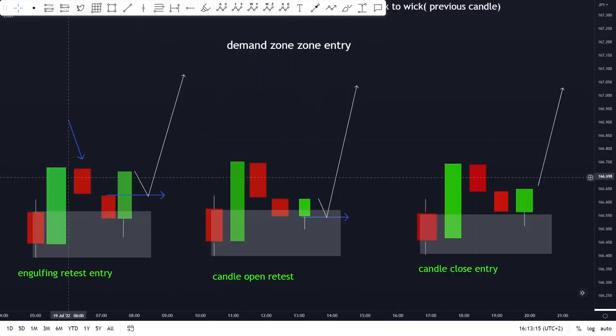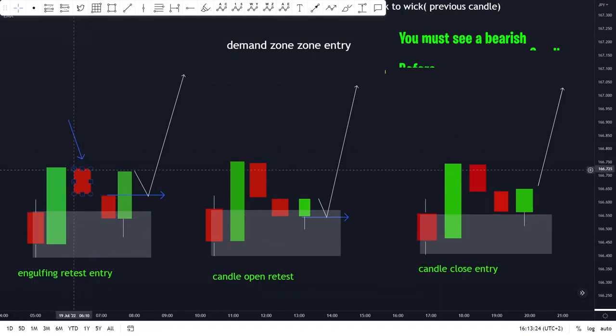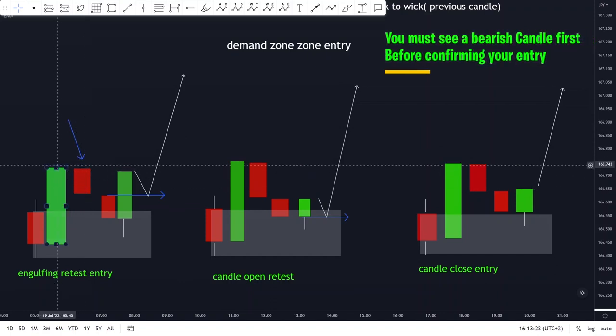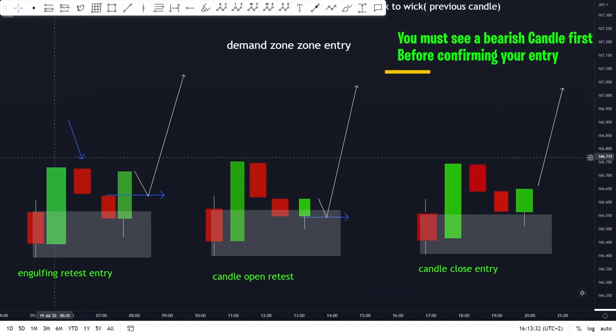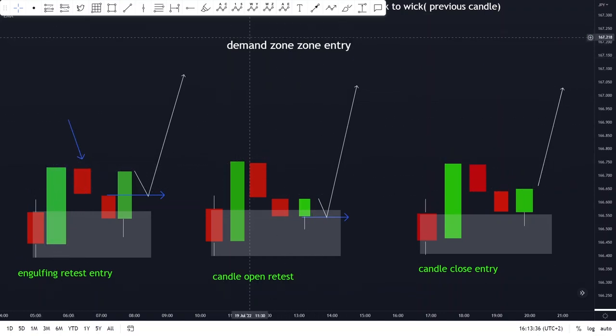For entry, we can see that on the first one we have an engulfing candle entry strategy. One thing you should note is that you have to see a bearish candle first after this bullish engulfing candle. Here we are entering using a demand zone. On a demand zone we buy, and on a supply zone we sell. So from here we let the market go down and touch the zone, then close with a bullish engulfing candle. Then we enter on the retest of the previous candle's open, and on the second one we enter if the market